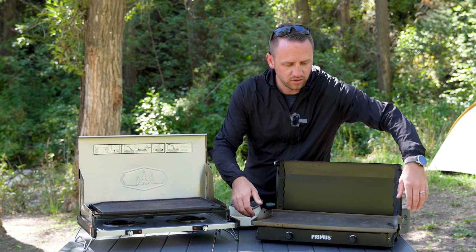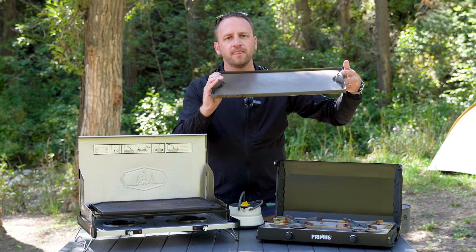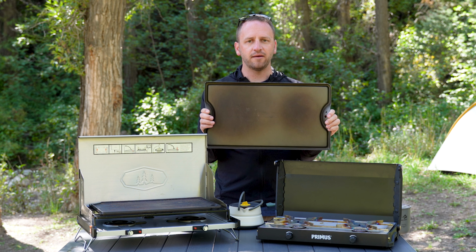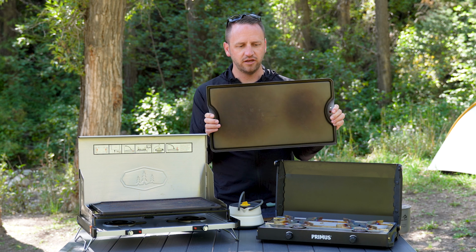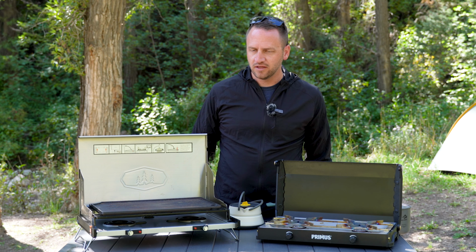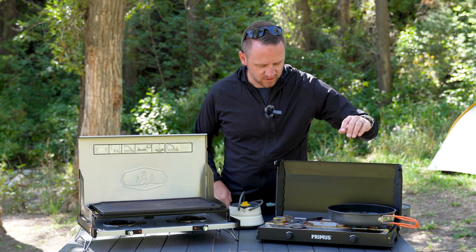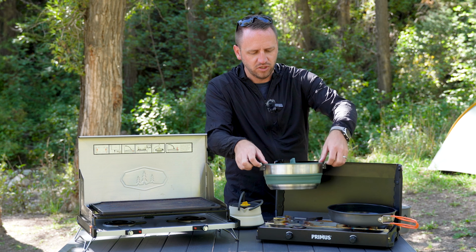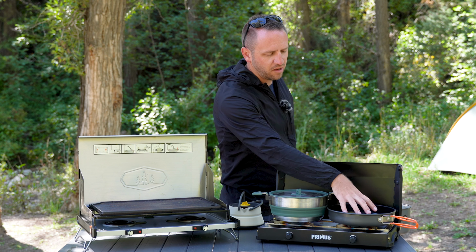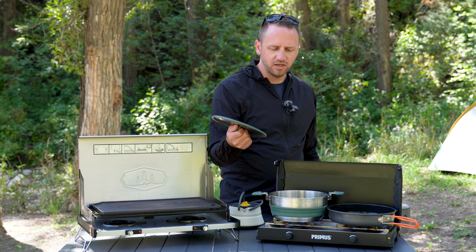a large griddle. Now I've got an aluminum griddle here and a cast iron one here, but look at that cooking surface. Think about the endless options of what you can cook on here. Let's say I want to make like a chicken Alfredo. What kinds of things do I need for that? Well, I need something for me to make my Alfredo sauce, and I need something for me to boil and cook my noodles. So I've got my sauce going here in this saucepan, and then I've got my noodles boiling